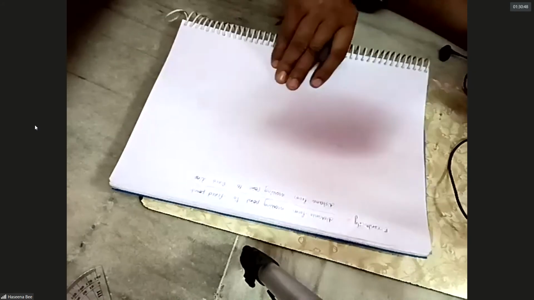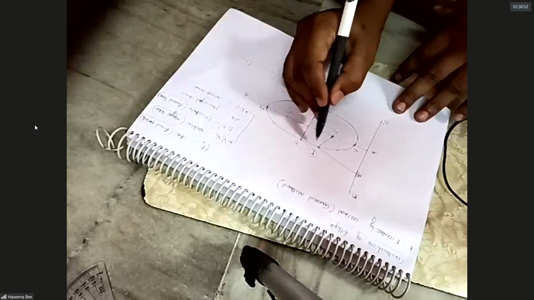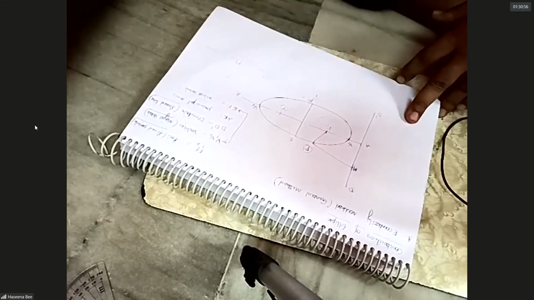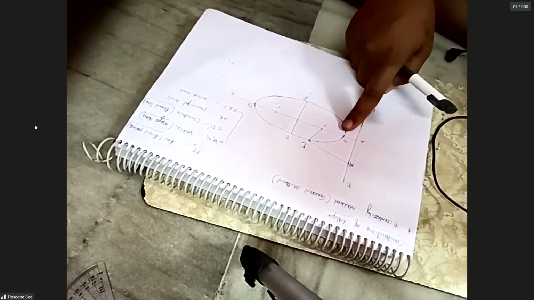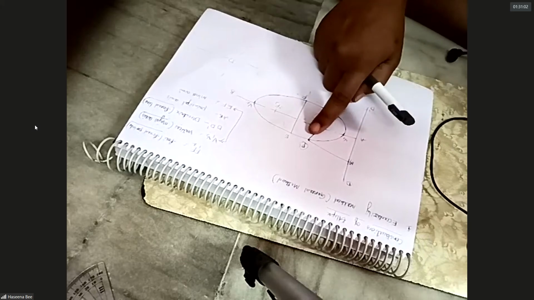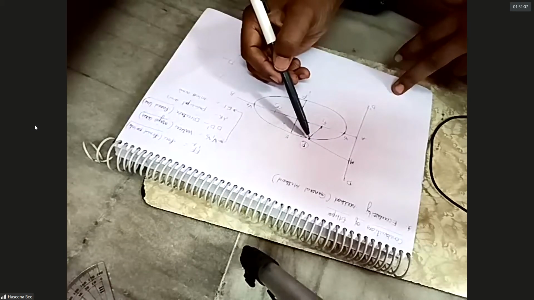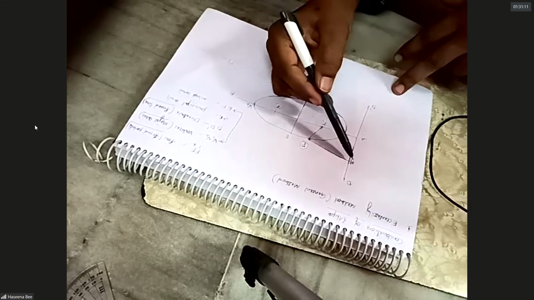What is the eccentricity formula? P is a moving point on the curve. This point P will be moving here and there. It starts from V1 and goes to V2 and even down. Okay, P is a moving point. What is the formula now? Eccentricity is equal to the distance from moving point to fixed point by moving point to fixed line.